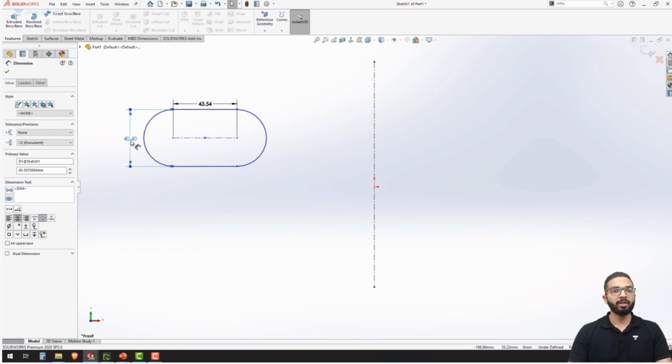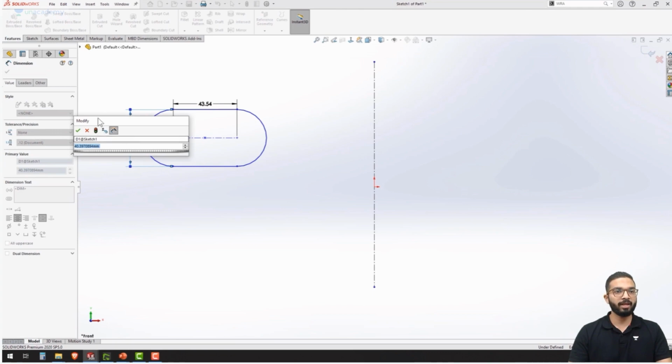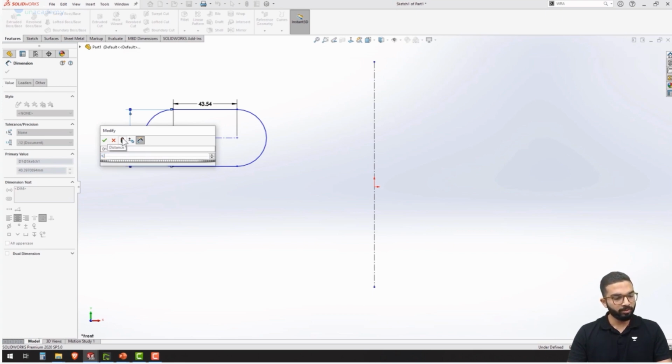Now here I will also show you that while you are in the MMGS system of units, you can enter your units. Let's say I am in the metric mode right now, but I want to input the units using inches. What I will do here is that I will simply double click on our dimensions and here it pops up the modify tab. Now here let's say I want to input the dimension as 1.5 inches. What I have to do is that I have to simply enter IN in front of 1.5